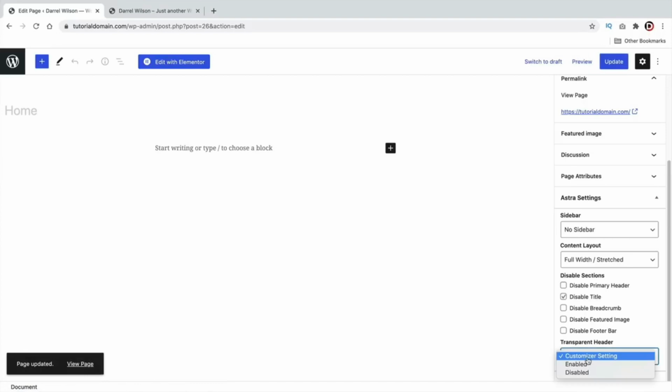You can also add a transparent header to this as well. That means you can have an invisible header. So if you don't want people to see your actual header, you can make it transparent, which is